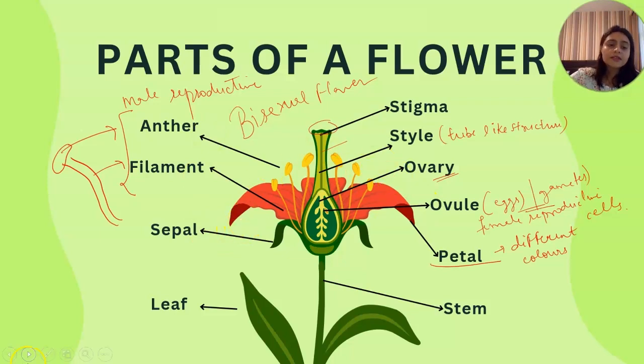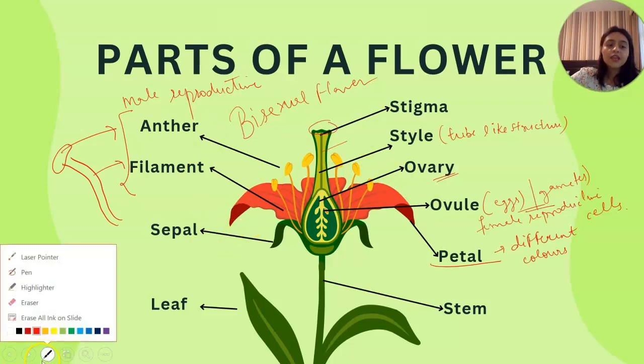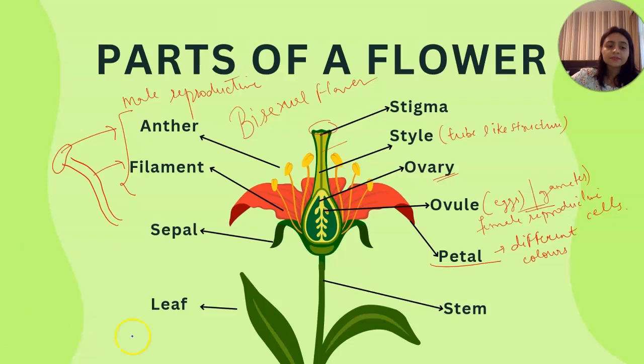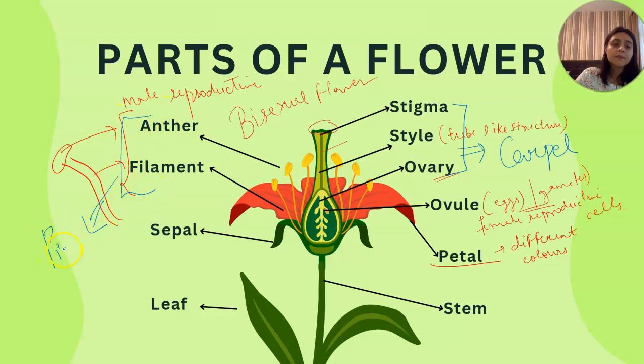The stigma, style and ovary together, in some books, are known as the carpel. Okay, and here the male reproductive part together is known as the pistil. Okay,